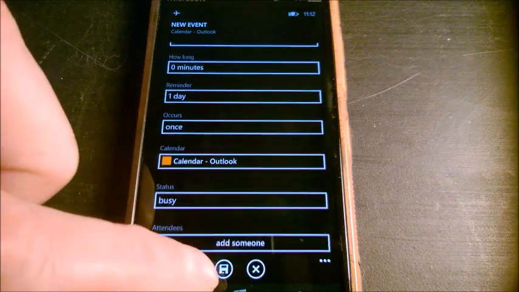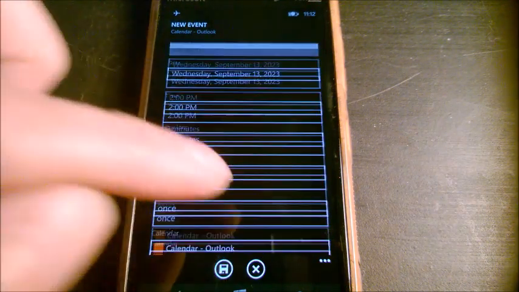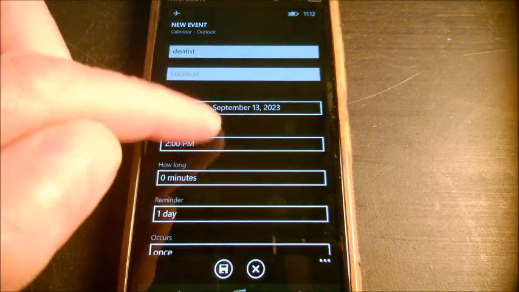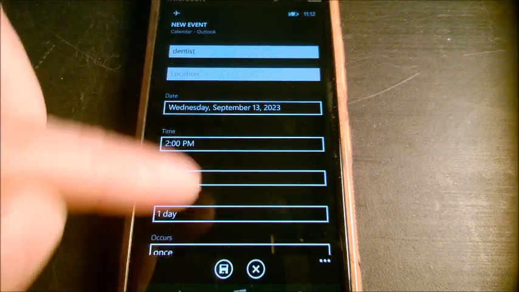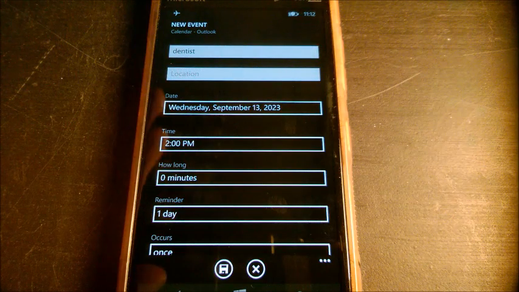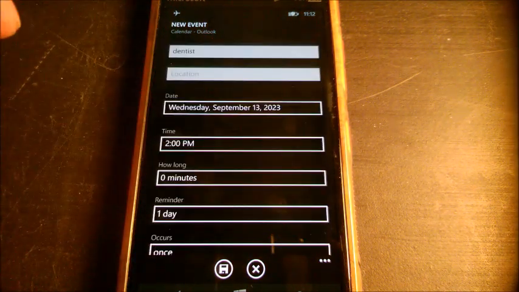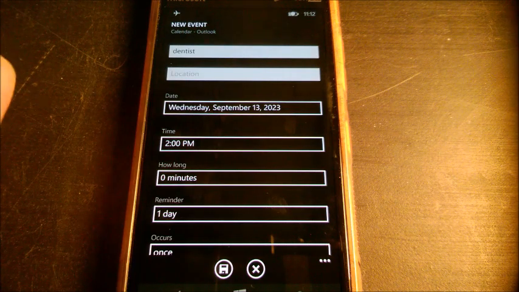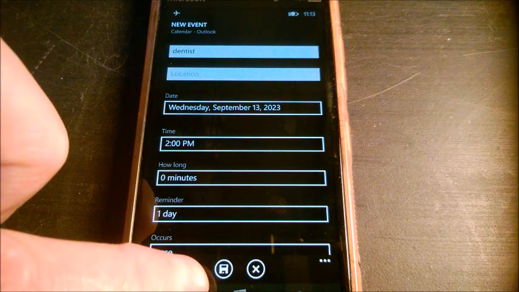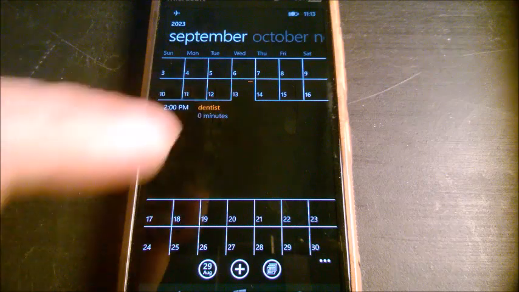So you need to press this icon of diskette to save the information. If you don't do so, if you press back or you go to the home screen, you will not save this information. The reminder, the event will not be saved. I've done this mistake, and sometimes it can turn out to be an unpleasant mistake, if you understand what I'm saying. So make sure you save it here. Press this button, and then the event will be saved.